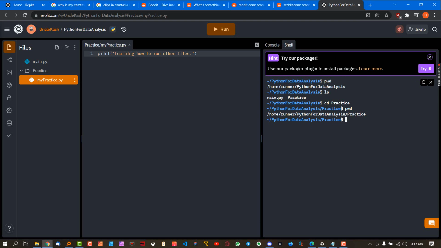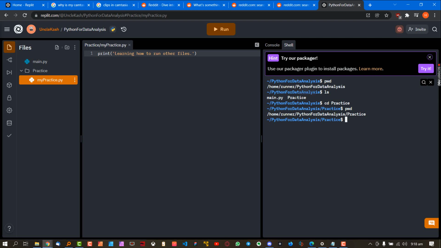All right, so let's review. PWD, this is your command prompt. First of all, it will show you where you are. You see this home. This is called a tilde sign. So read it like this: tilde just represents slash home. The forward slash here is basically a separation, showing you that there's another level or a folder. So take this as tilde slash home slash runner, and then all this is the folder. When I say PWD, it shows me this output. When I say ls, the output shows me whatever is contained in the current folder I am in, which is this Python for data analysis.